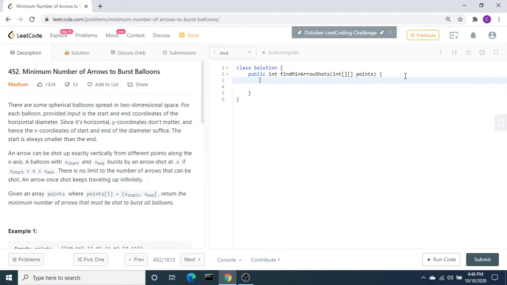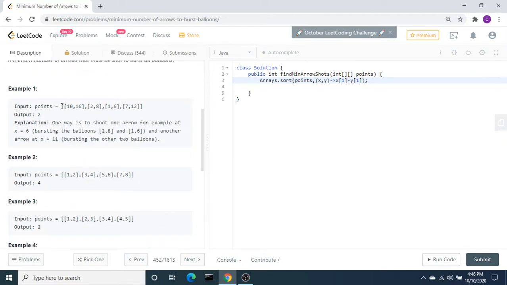First I am going to sort this array using Arrays.sort on points. Here the comparer is x comma y, where we compare x of 1 minus y of 1. Let's take one example, then I can explain it better.